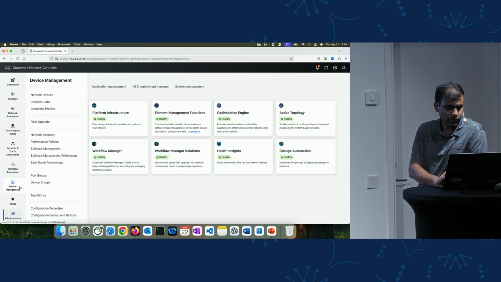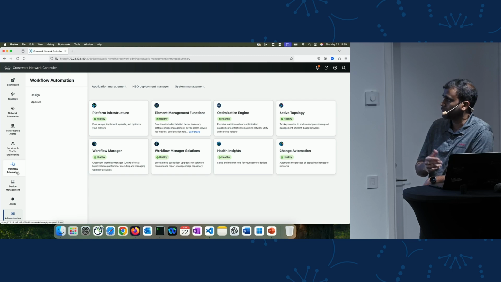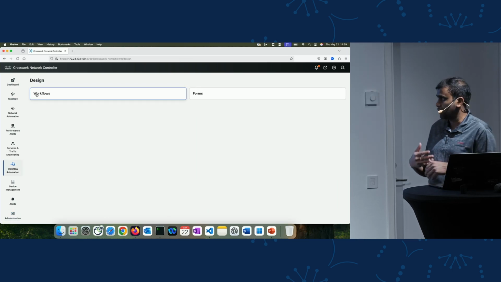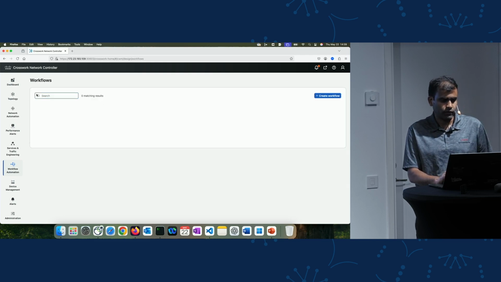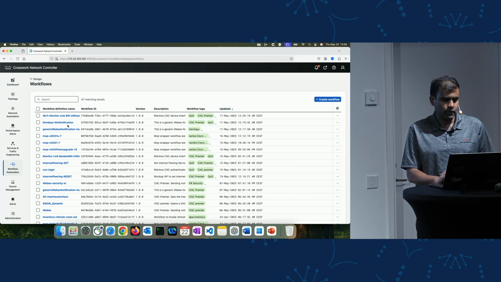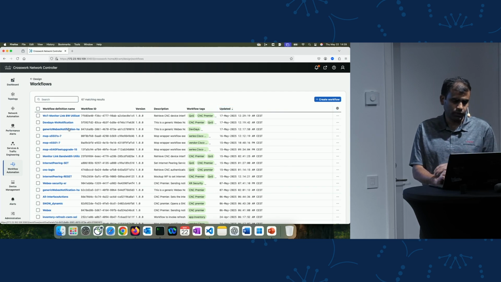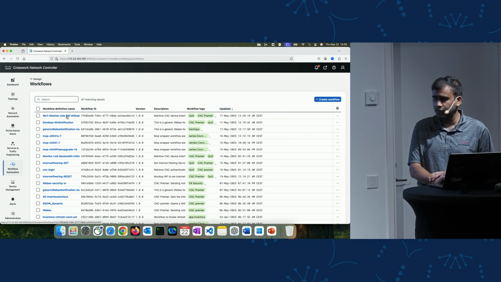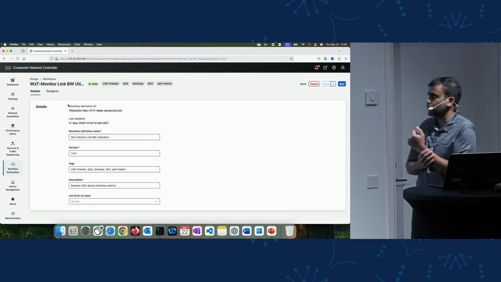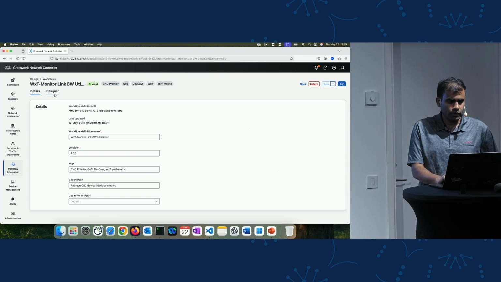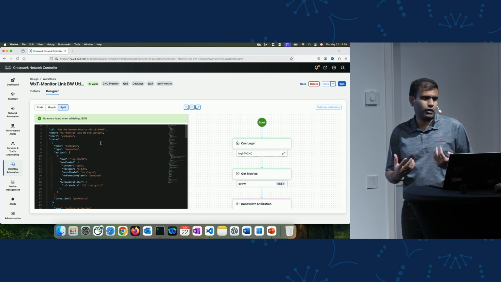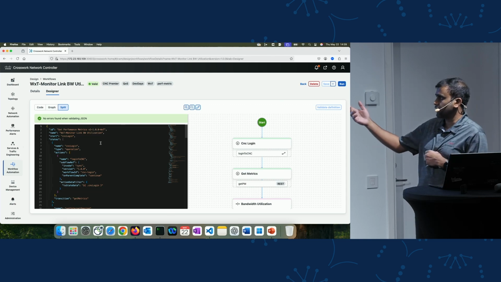Okay. Today, our interest is workflow automation. So I would go into workflow, and then we would like to run the workflow. So I'm going under design and I'm saying workflow here. Let's look for the latest one. So I have a few workflows, but this is of our interest, which is monitoring the bandwidth utilization and then sending us a notification on the WebEx Teams. You can go into designer to see, again, this is the same screenshot that I took from here and I put it on my slide. And this is the exact code that,